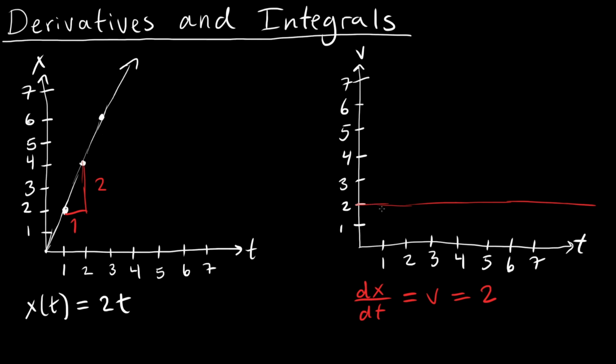So it's related by the integral. And what I mean by that is, since velocity versus time represents the slope of the position versus time graph, 2 is the slope. And if we move in time by one interval, let's say 1 second, let's say this is in seconds. If we move over 1 second and we multiply by the rate of change of the position versus time, then we know that the total distance that we get by moving over 1 second